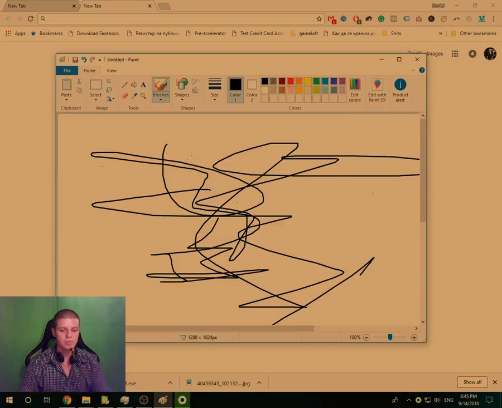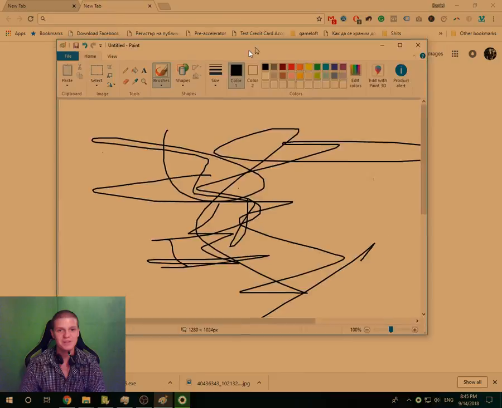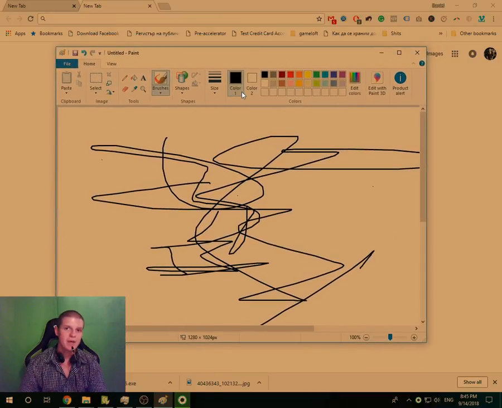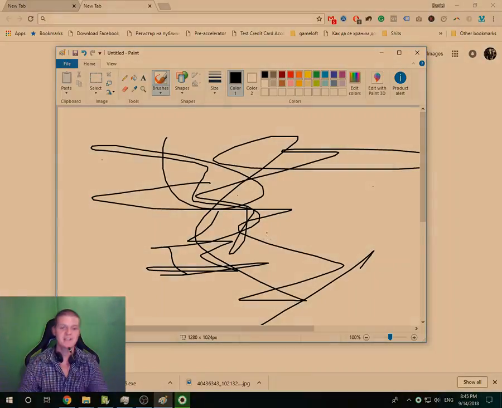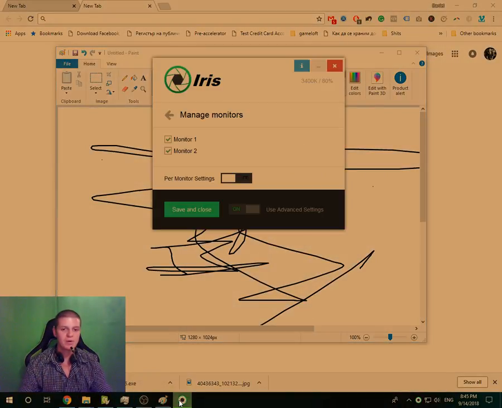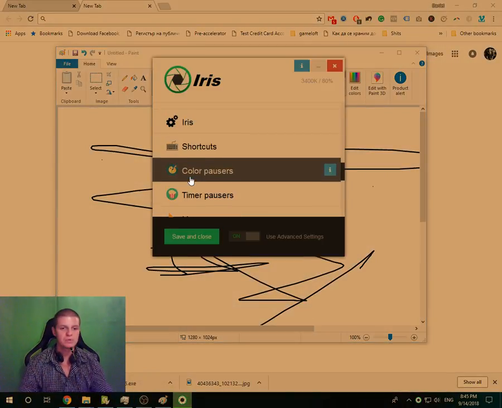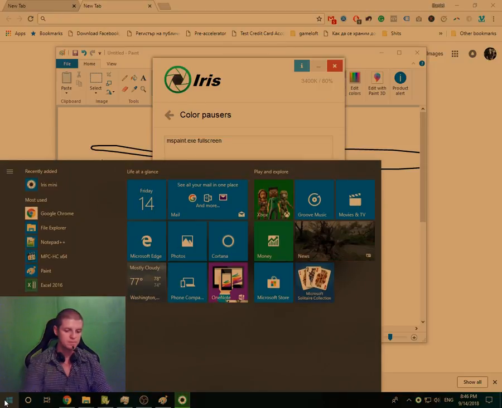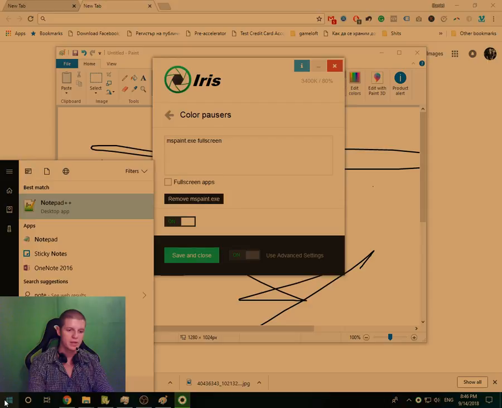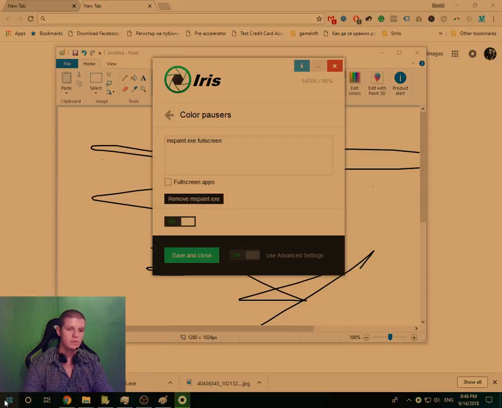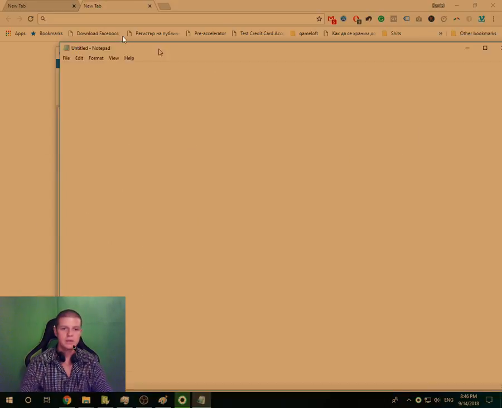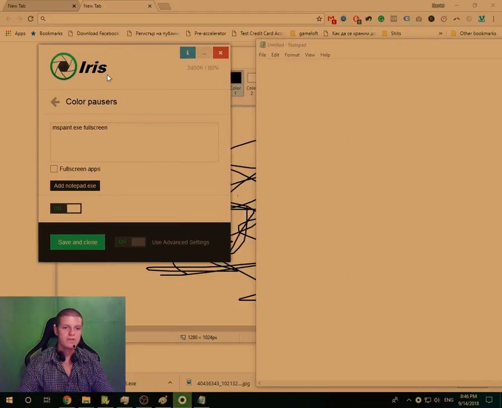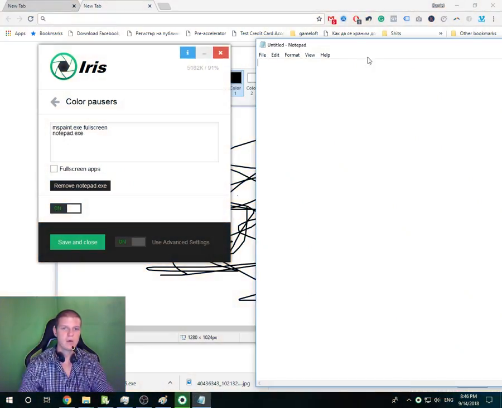But the important thing now with core pausers, you can only pause Iris when some program is running and full screen. And for example, we can pause on other programs when it's just on focus, which is really nice and really customizable. I'm going to show you with Notepad. Here is Notepad, and you have a shortcut for quickly adding programs like here. And now when Paint is on